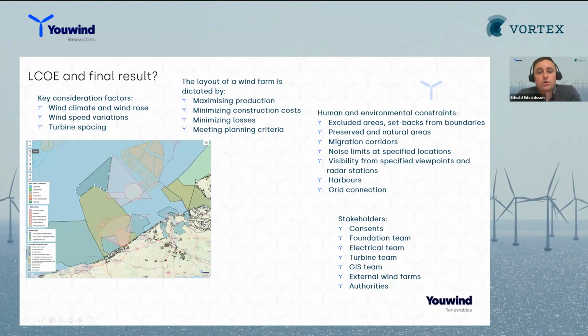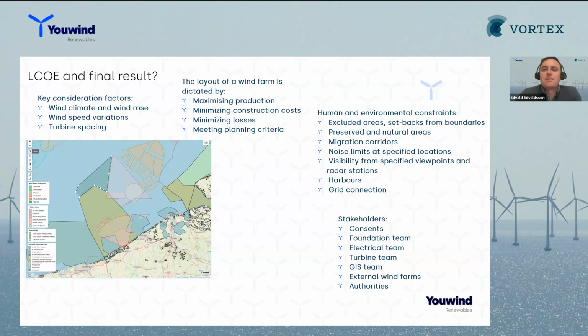So we'll show you how this works inside the platform itself, but basically when you're developing a wind farm, you need to take into account not only the wind speeds and the layout, but all the other different constraints you might have along the way: different pipelines, different cables, neighboring wind farms, Natura 2000 areas, military areas, and so on and so forth. So all these different human environmental constraints you might see, for example, bird and bat corridors. There could be some noise limits, and obviously you need to make sure that the grid connection and harbors are well in place,